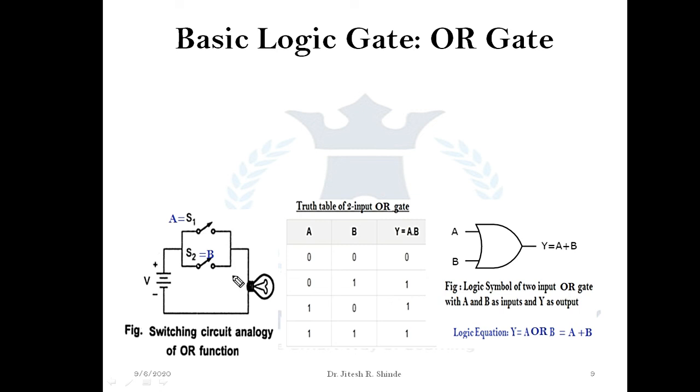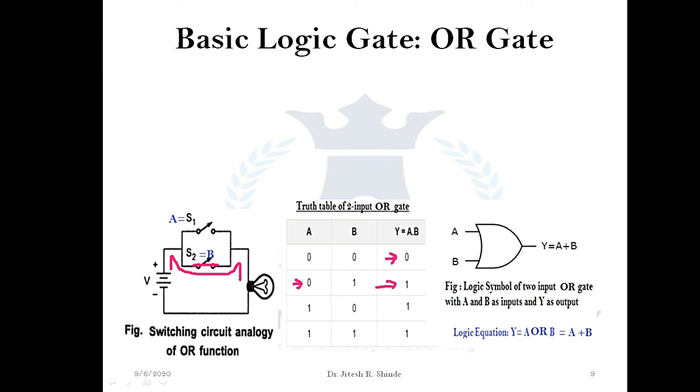Okay, signal will not reach up to the bulb, hence the bulb will remain off. This is indicated by y equal to 0. If A equal to 1 or B equal to 1 or both are equal to 1, let's consider this case. A is open, B is open, means the circuit is completed via this path. The signal will flow via this path and reach the bulb. Circuit is completed here. In this case, the bulb is getting on.